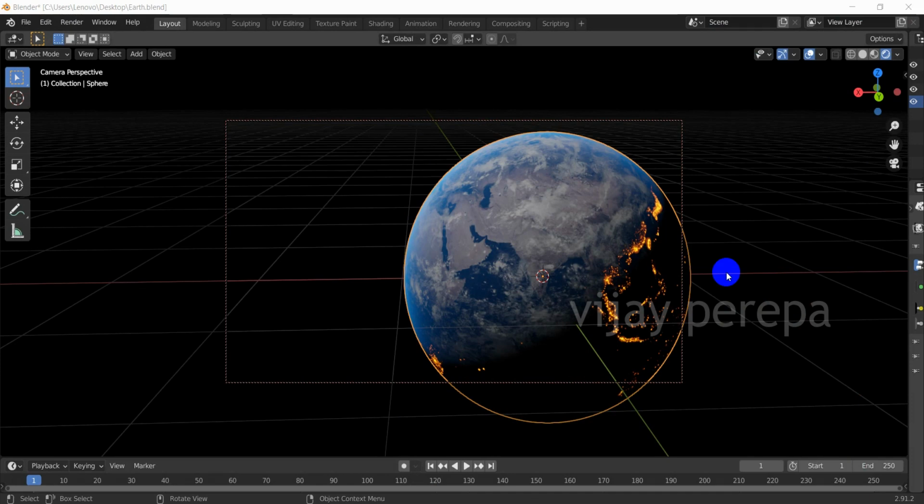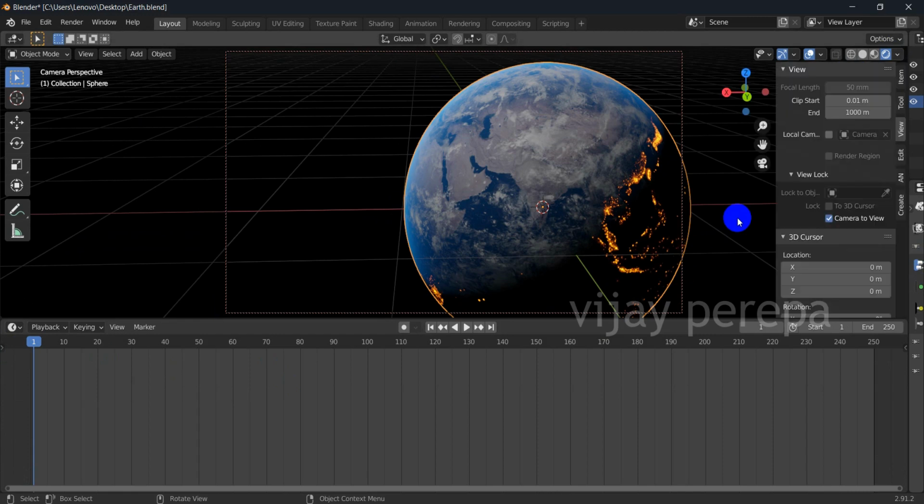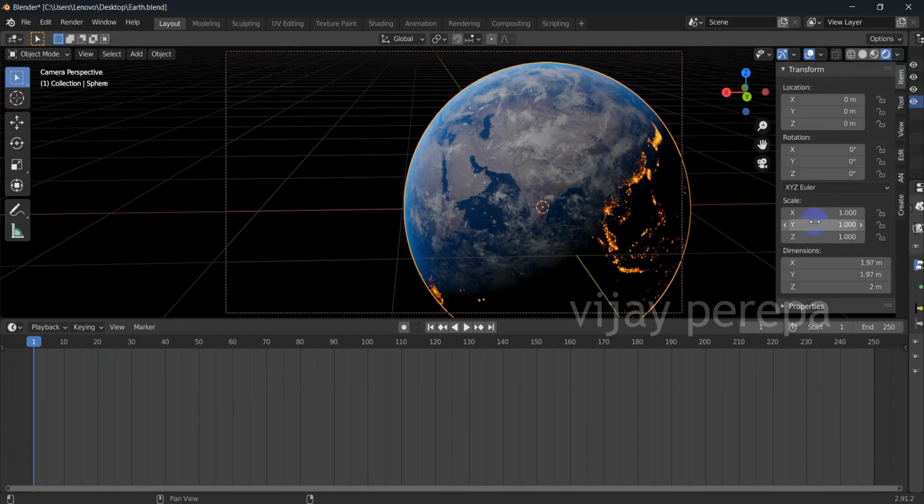I would like to add some rotation so that the effect will be very nice. So let me go to the timeline where I can bring the properties, go to item.